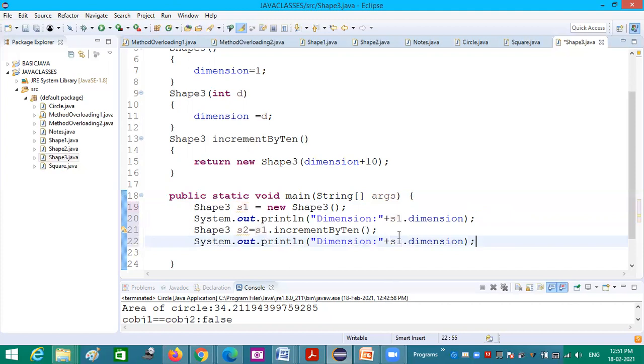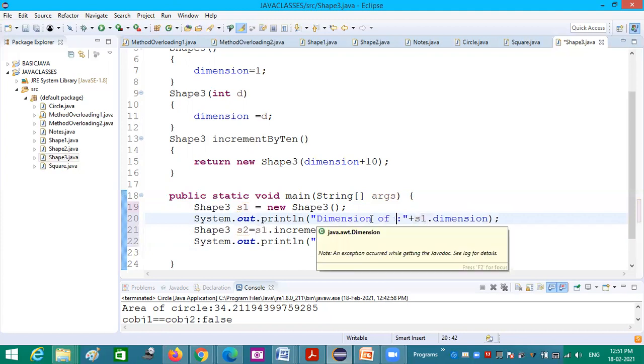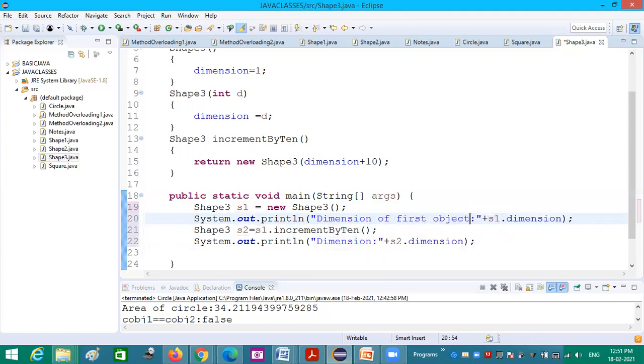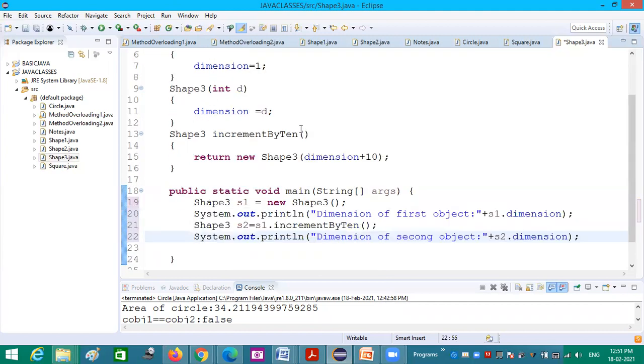So now dimension of first object, and here I am printing dimension of second object. Okay, any example we can take. I am just trying to take a very simple example to explain how we return objects. Okay, so now this increment by 10 returns an object, and that I am directly storing into S2. Okay, instead of creating it with new.